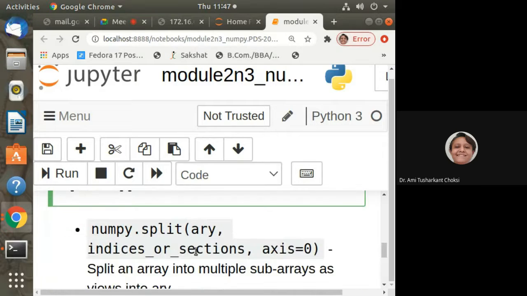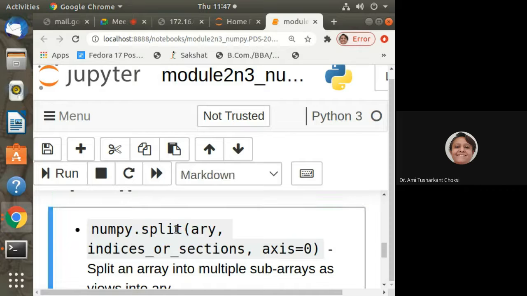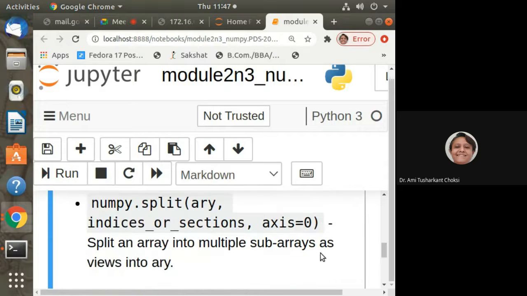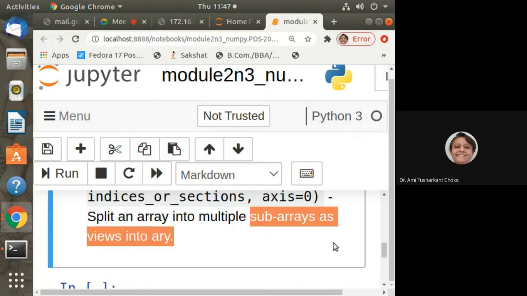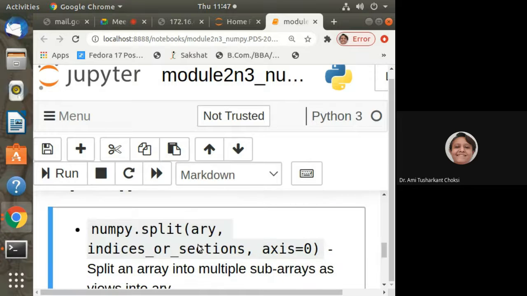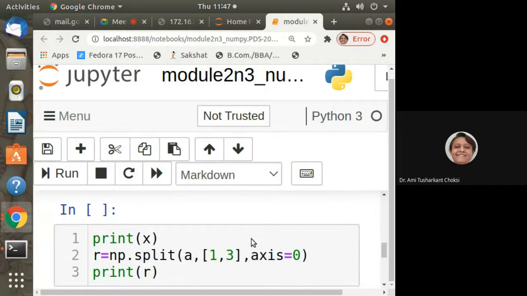Then, now NumPy dot split. We want to split array. Indices for sections and axis is equal to 0 by default. Split an array into multiple subarrays as views into array. That is ARY, right? Let's see.